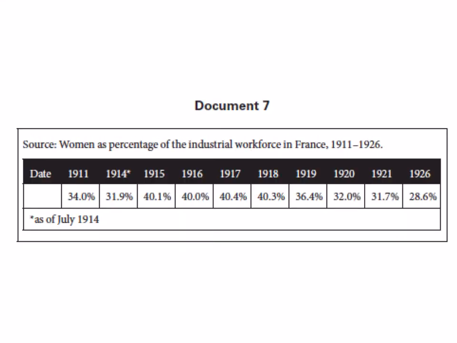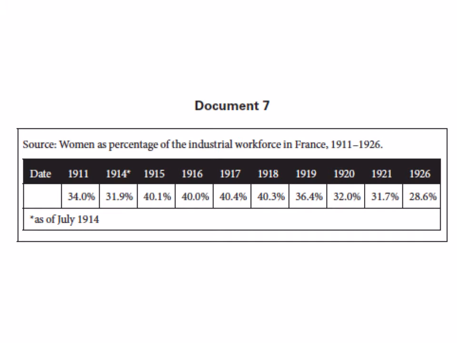And document 7, this is a statistical table. We don't know exactly where that's from, but we know what it's about. Women as a percentage of the industrial force. Whenever we see a graph, a chart like this, a table, we're supposed to try to understand change over time. That's essentially why this information is presented. So we are concerned with 1914 to its immediate aftermath, 1920, and we're supposed to make a determination of,